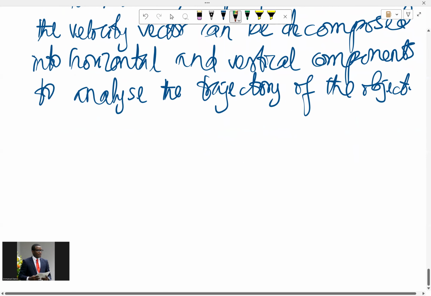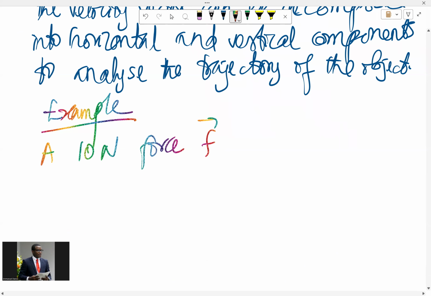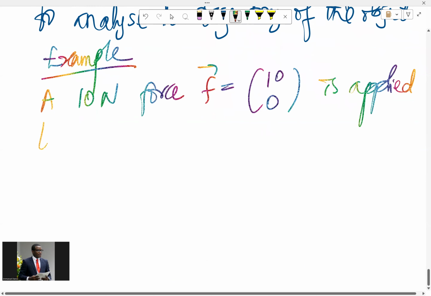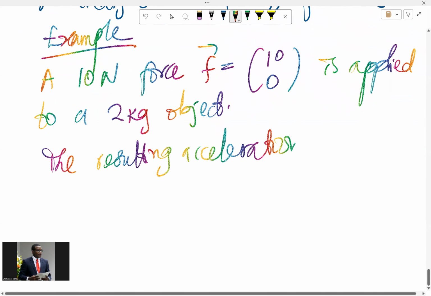So, let's take this example. A 10 Newton force F, which is given as (10, 0) this way, is applied to a 2 kg object. So the resulting acceleration, since we already have a formula for that, would simply be